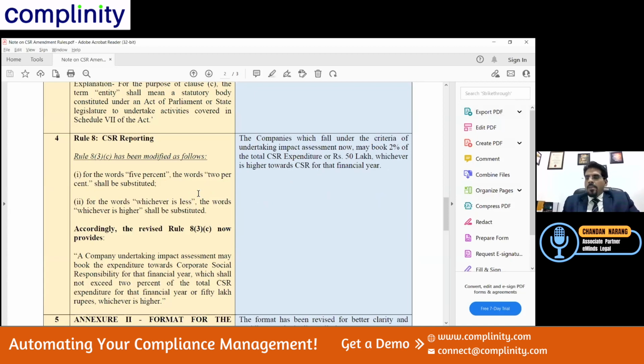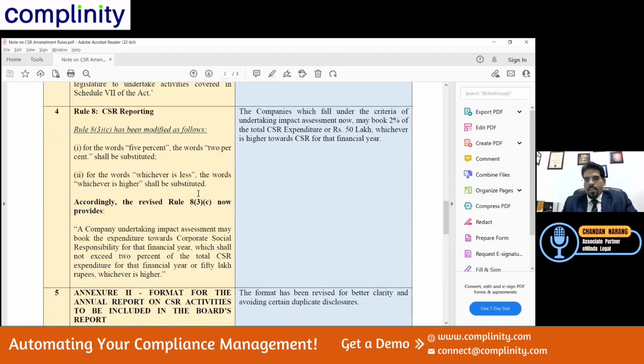If you see, the impact assessment was anyways applicable on 10 crore or more. So 5% of 10 crore comes to 50 lakhs. So earlier the law said 5% or 50 lakhs, whichever is less. So they have now changed it. So 50 lakhs is mentioned as a cap now. So it is like 2% or 50 lakhs, whichever is higher. So basically the window now is 20 lakhs to 50 lakhs towards your impact assessment cost, which can be claimed